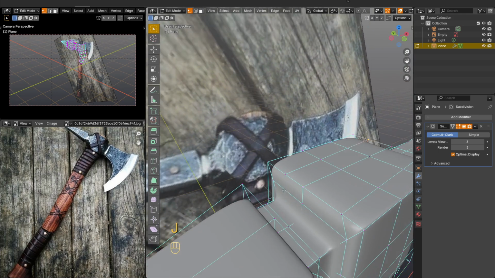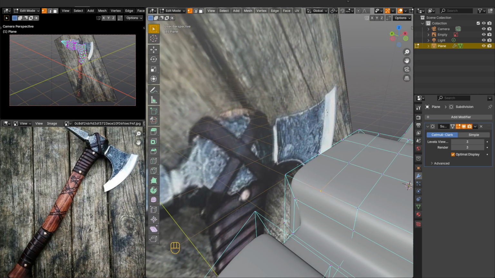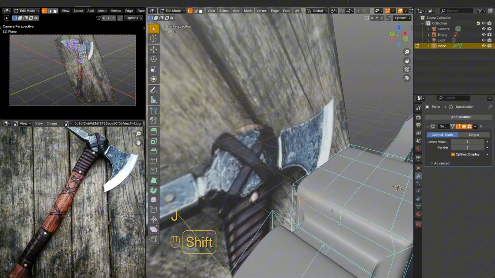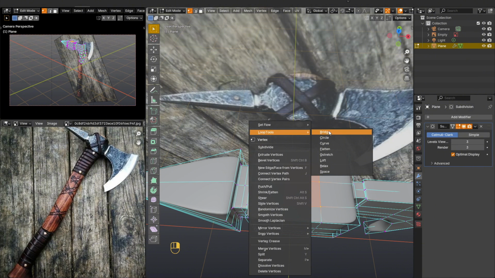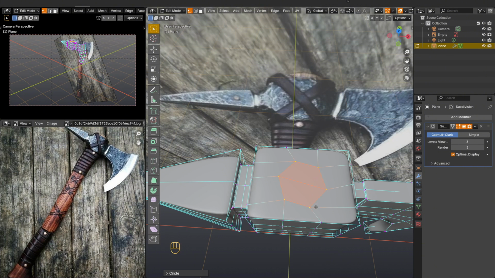And thus we have created a basis for making a circle. Select 9 vertices on the upper face and use the edge loop add-on in which we select the circle. Make sure that you have the edge loops add-on enabled in Preferences. In the small menu at the bottom left, we have the ability to adjust the number of degrees and select the location of the circle.